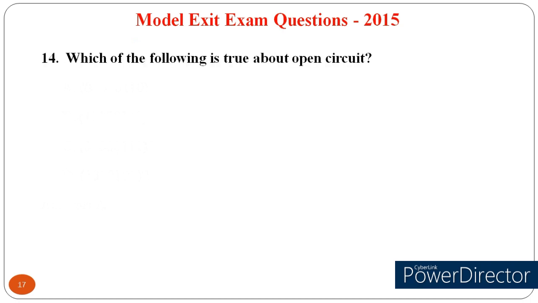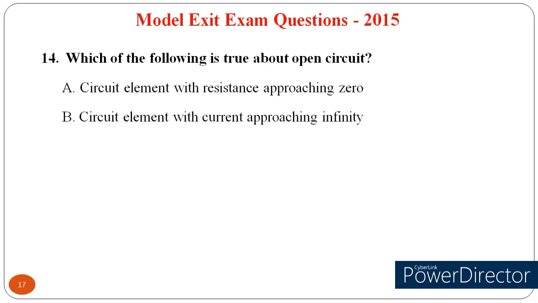Which of the following describes an open circuit? A circuit element with resistance approaching 0 is an open circuit. This is not true. Circuit element with current approaching infinity, false. Circuit element with voltage approaching 0,